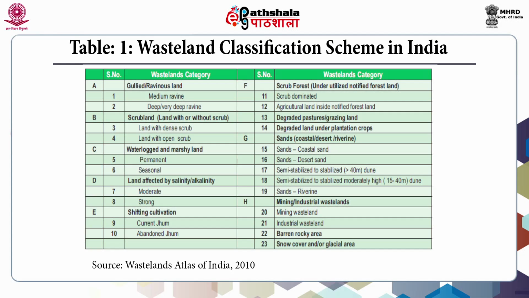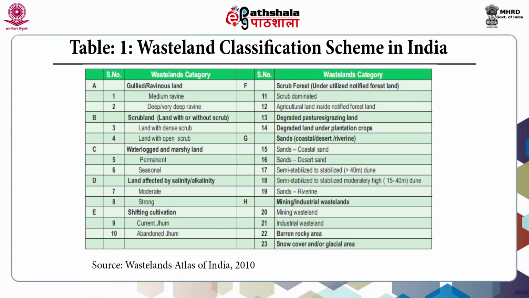Both moderate and strong types of salinity and alkalinity are included in this. Then shifting cultivation, category E, has current jhum and abandoned jhum. Category F includes scrub forest or underutilized notified forest land. It includes scrub dominated and agriculture land inside notified forest land, degraded pastures or grazing land, and degraded land under